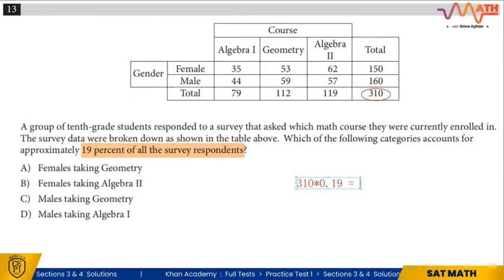Like 310 times 0.19 is 58.9. This number is closest to 59. Closest to 59 here is